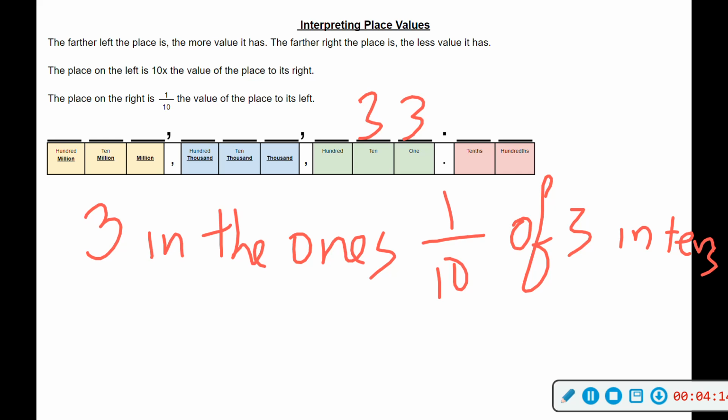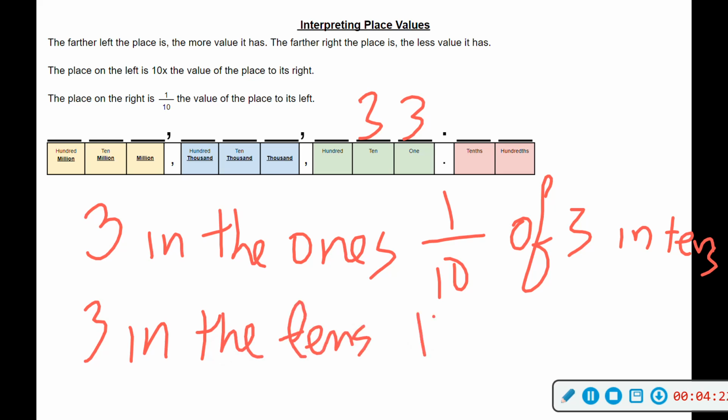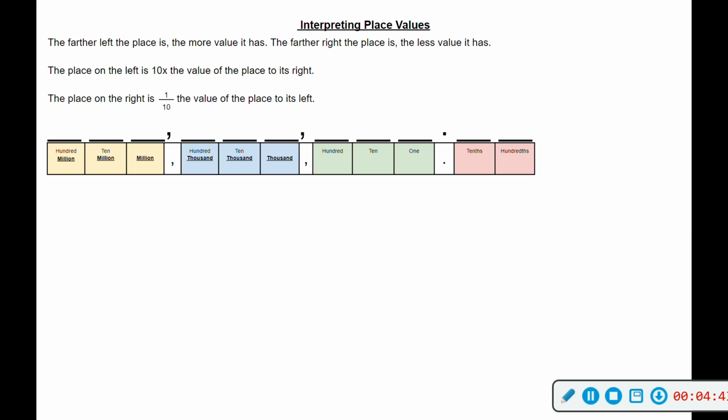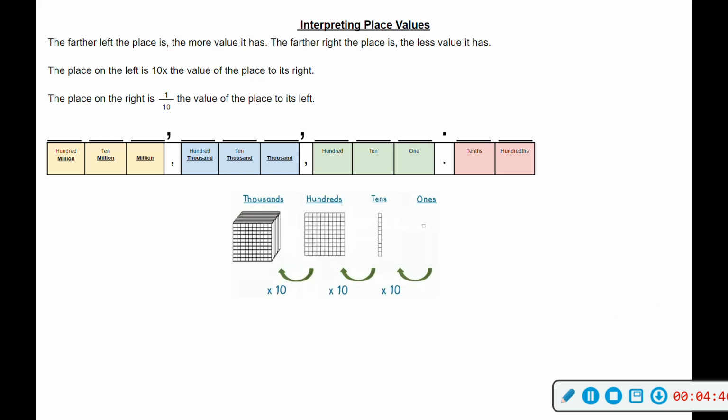In contrast, I could write it the opposite way by saying the 3 in the tens place is 10 times the amount of the 3 in the ones, because the tens place is 10 times greater than the ones place. This understanding will work on any place value you have. Because the thousands place is 10 times the value of the hundreds place, and the hundreds place is 10 times the value of the tens, and the tens place is 10 times the ones,